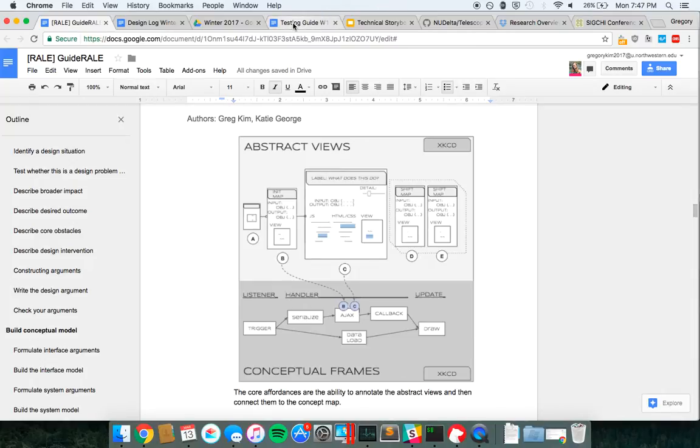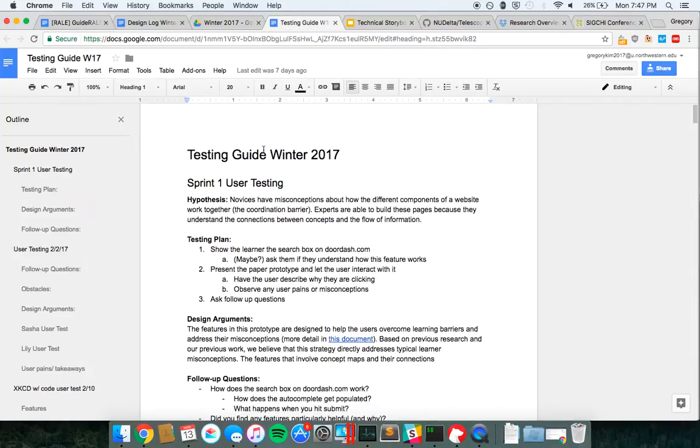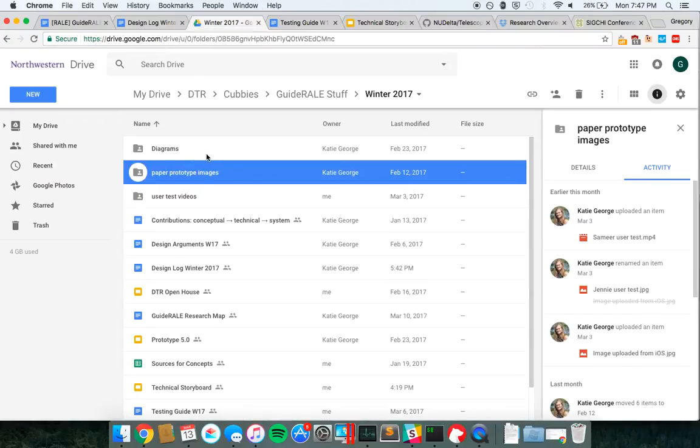Next, I'm going to go over the testing we did this quarter. We did multiple rounds of testing to build off of last quarter and also move in some new directions. So starting off this quarter, we